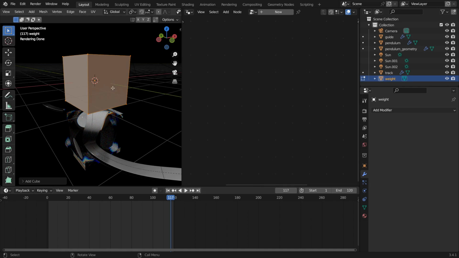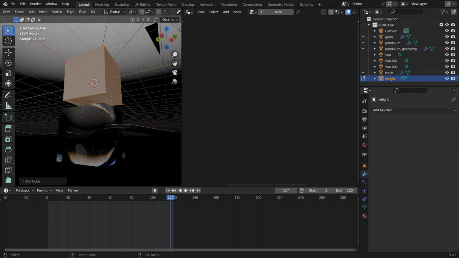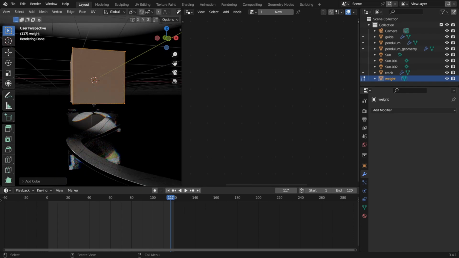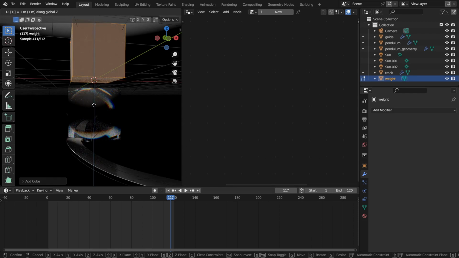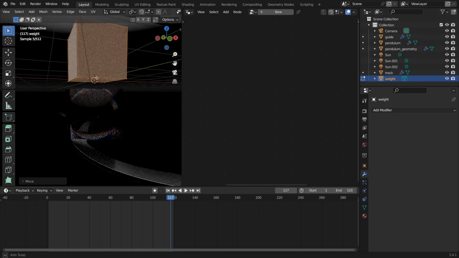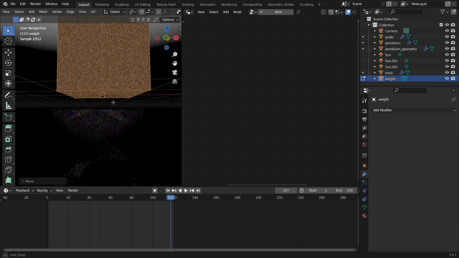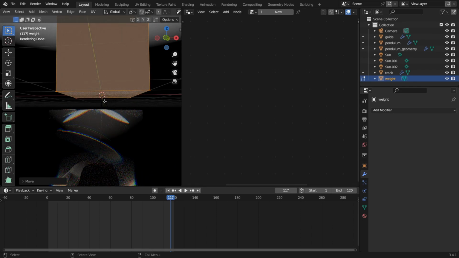And I'm going to move this up so that the origin is right at the bottom of the cube. So I'll do that by G for translate, Z for along the Z axis, and then I can just type in 1 and it'll move the geometry that I have selected up along the Z axis by a value of 1. And then what I can do is just scale that down, and I want to scale it around that bottom point. And so what I can do is hit and hold period on the keyboard,